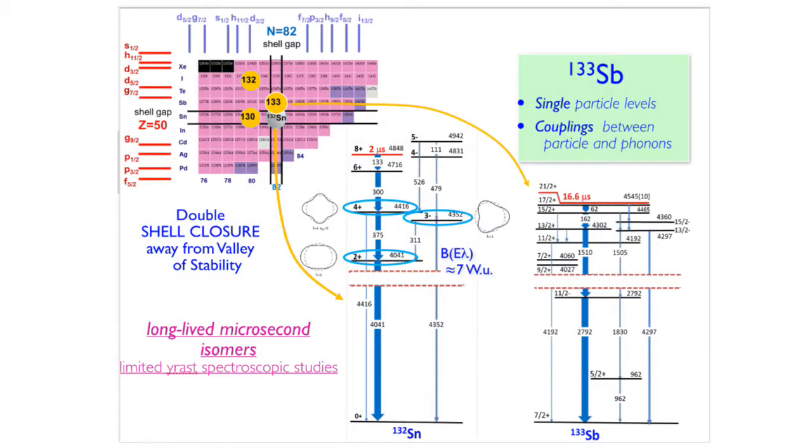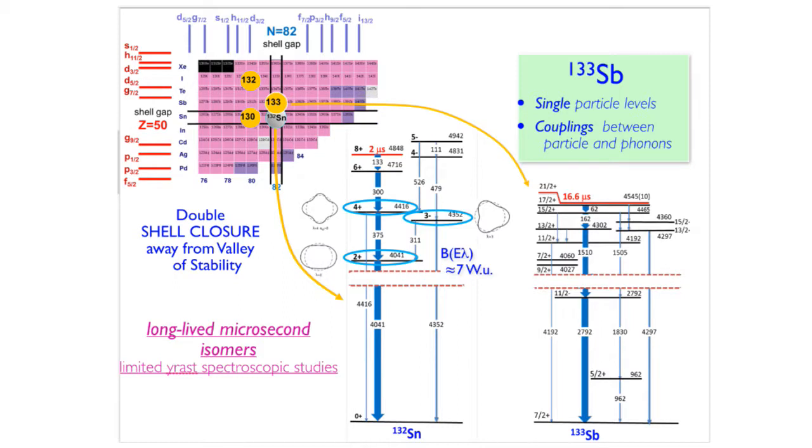And we expect also that if you look at antimony-133, now we are 1 proton away from the core, the excitation spectrum, which was known from decay after the isomer, this long-lived isomer, shows, apart from single particle excitations, also a large number of states which one should be able to relate to this kind of phonon excitation from the core. And we would like to investigate this